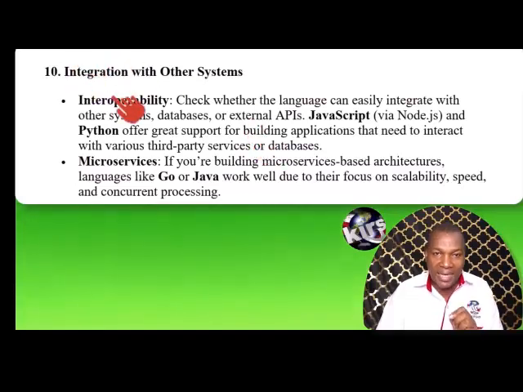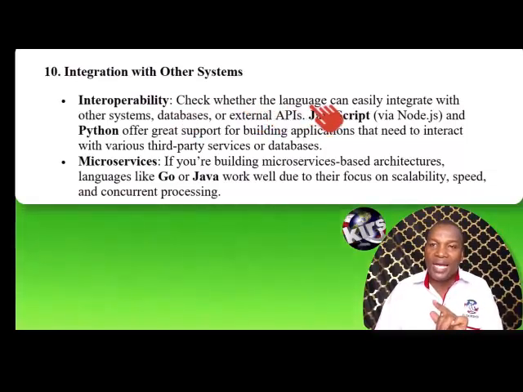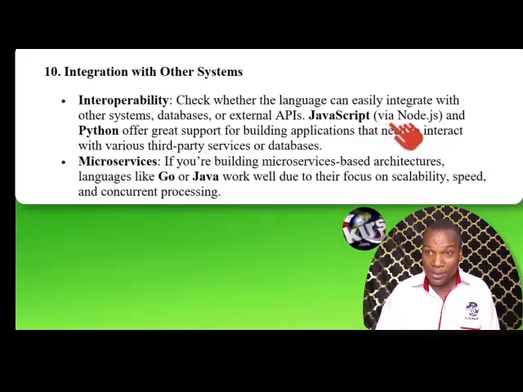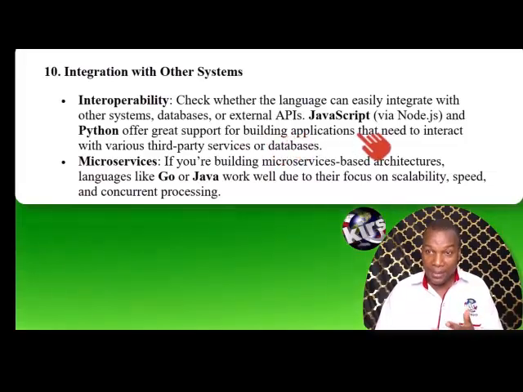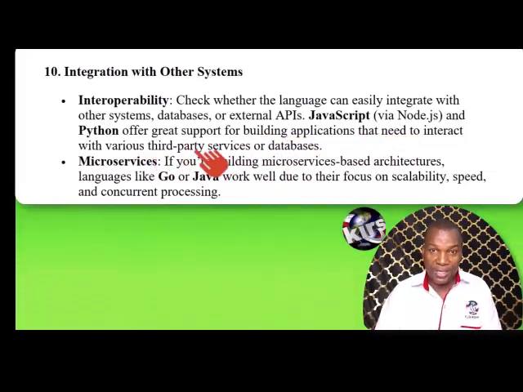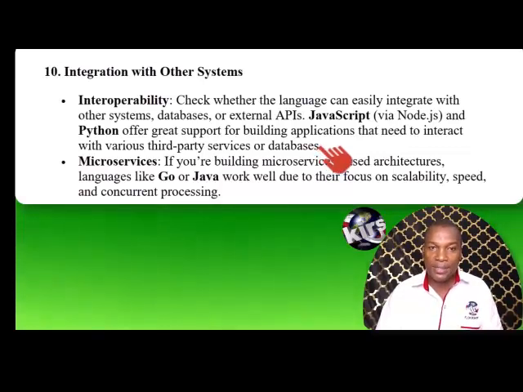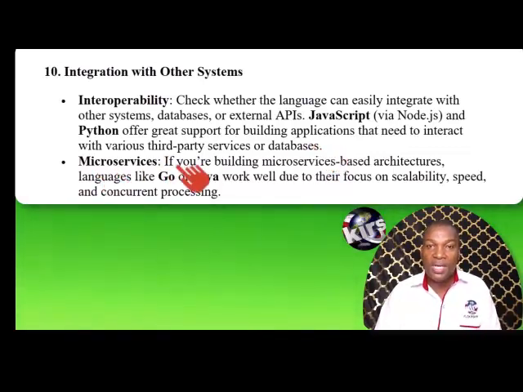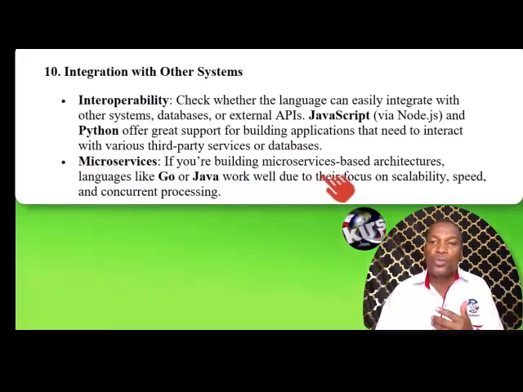Finally, we look at integration with other systems. Interoperability. Check whether the language can easily integrate with other systems, databases, or external APIs. JavaScript via Node.js and Python offer great support for building applications that need to interact with various third-party services or databases. Then we have microservices. If you are building a microservice-based architecture, languages like Go or Java work well due to their focus on scalability, speed, and concurrent